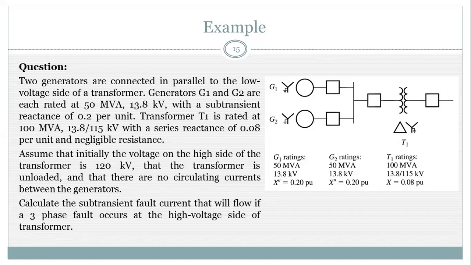So to solve the math, again, the reactances are given in per unit, and these are given in the machine's own ratings. Now, we have an option. We can choose the base value of power, either 50 MVA or 100 MVA, or 13.8 kV for the base voltage, or 115 kV for the base voltage. In this math, we solve by considering the transformer rating as the base rating. So the base power is 100 MVA and the base voltage at the high tension side of the transformer is